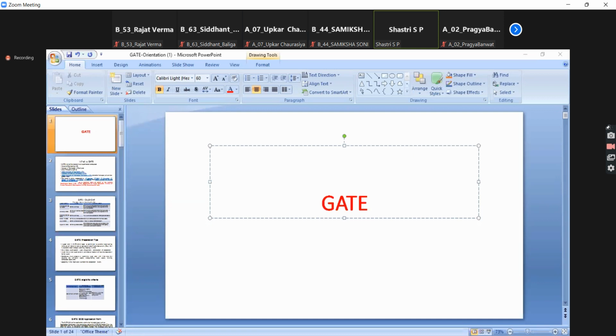Whatever may be the situation, you have to be ready with that clear picture, because you'll be asked to give your consent, and based on that you will be trained. If you are going for the placement, then in the third year itself your training will be started, and if you are going for higher studies, then we frequently organize some meetings with the